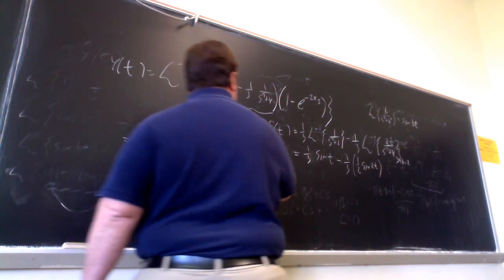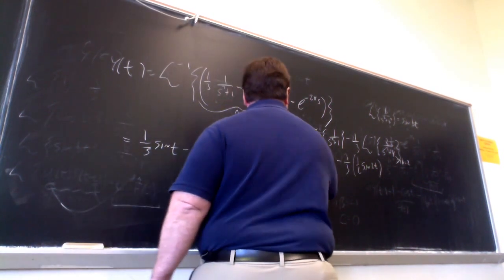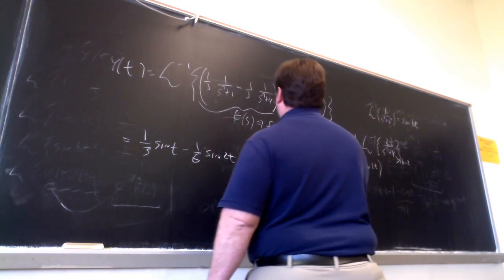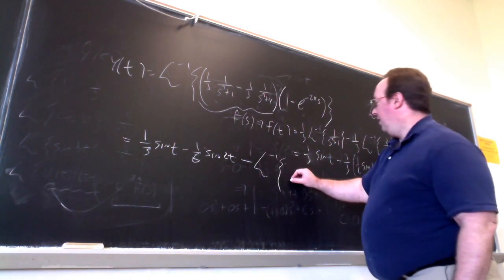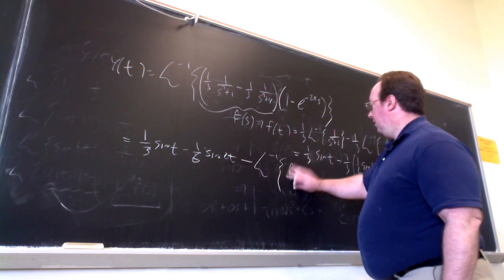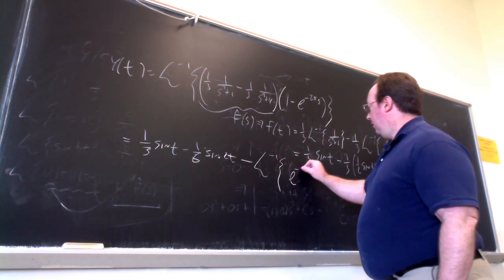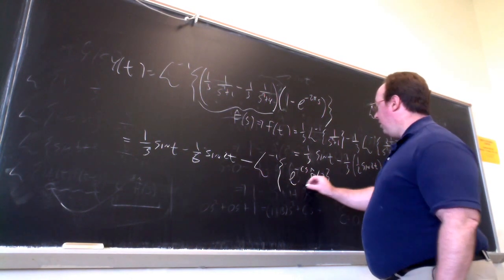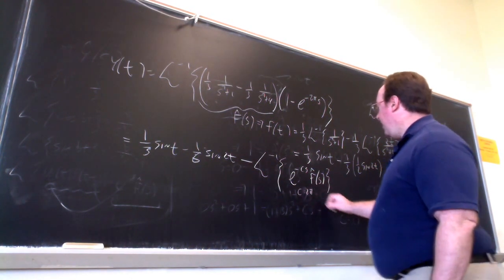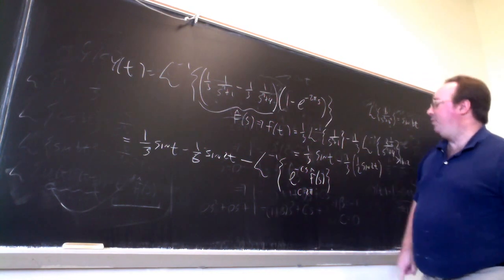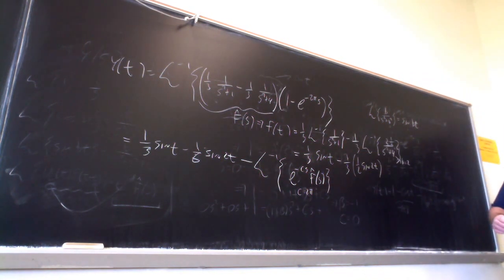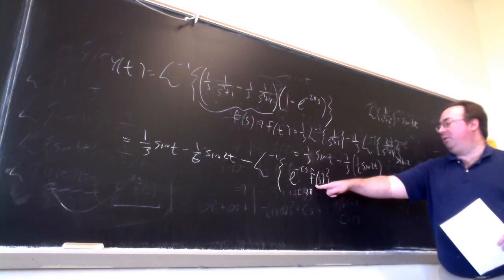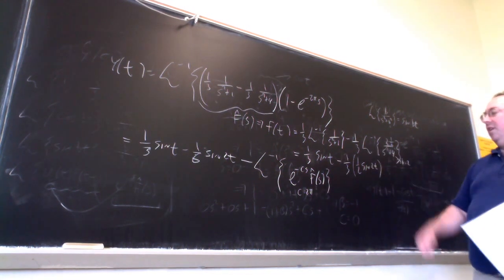And then we have minus the inverse transform of this, where c is 2 pi, and f hat of s is what I've labeled here. Since we've already gone to the trouble of inverse transforming this f hat of s, that's this right here,